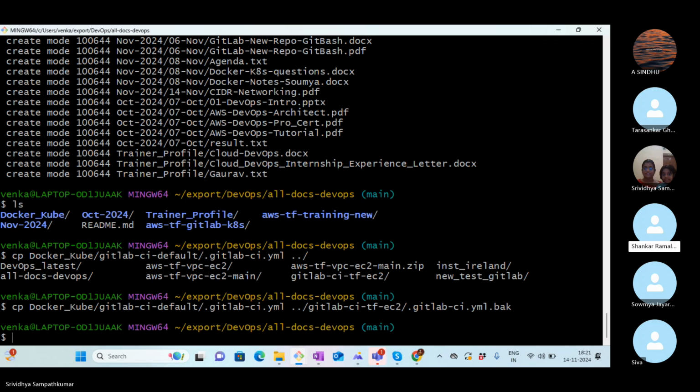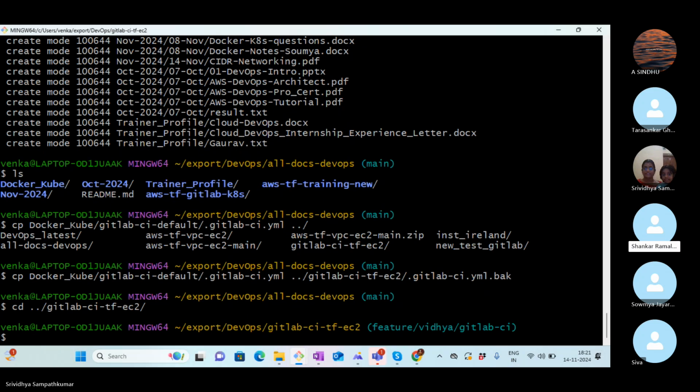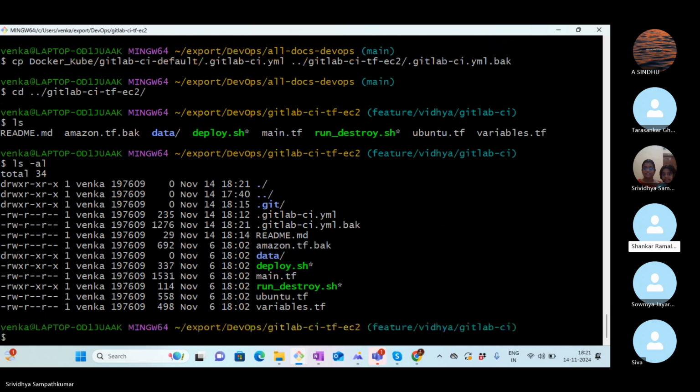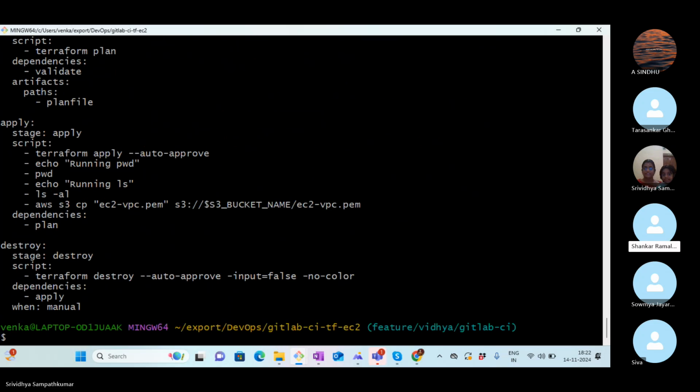You can do a cd space double dot slash GitLab. Yeah, you go to that particular directory. Do an ls dash l, ls dash al. You see that dot back file also. Can you do a cat of dot GitLab caml dot back? Enter. So if you scroll up,